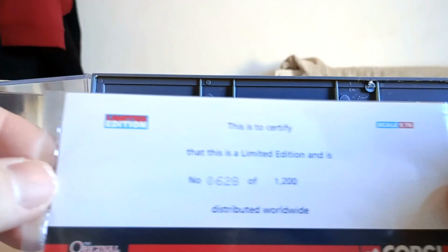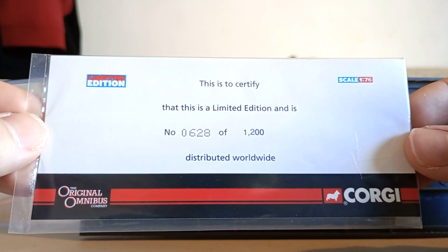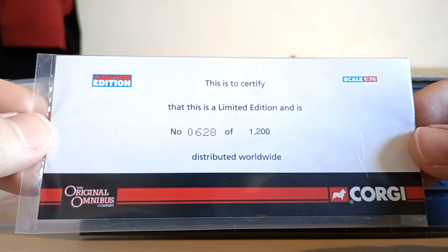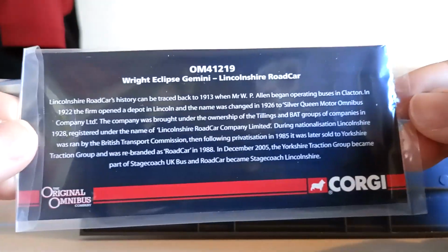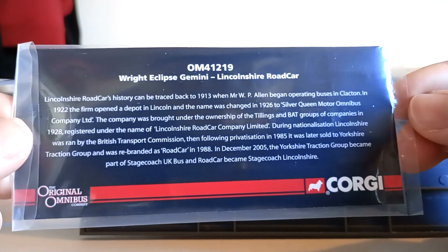So there's the collector card. As you can see, this is to certify that this is a limited edition and is number 628 of 1,200 distributed worldwide. And as you can see on the card here, it says Wright Eclipse Gemini, Lincolnshire Road Car. It's number